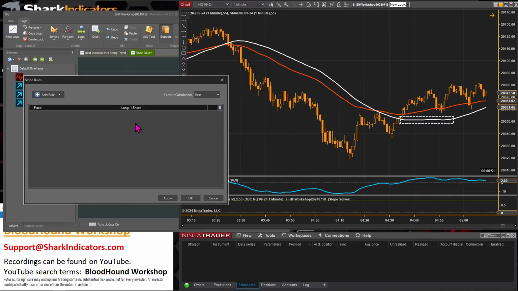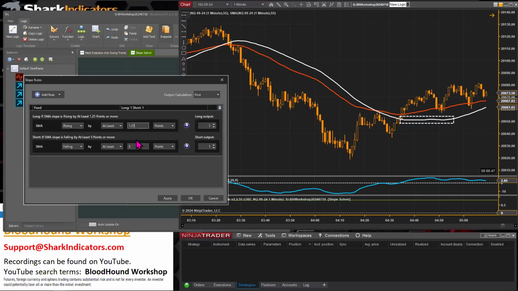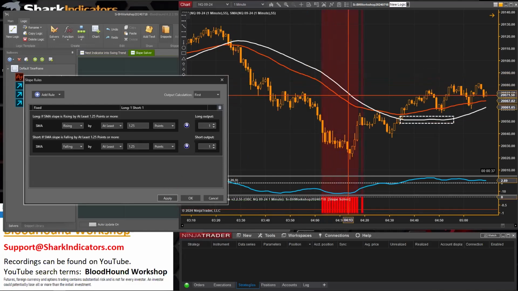So to kind of get this working again, we'll put in 1 1/4 points, right? Which is 5 ticks for the NQ. So we put that in, and there we go. Now we're kind of back to where we were when this was set to ticks. So anyways, just wanted to give a quick demonstration of that. Well, I guess while I'm on it,